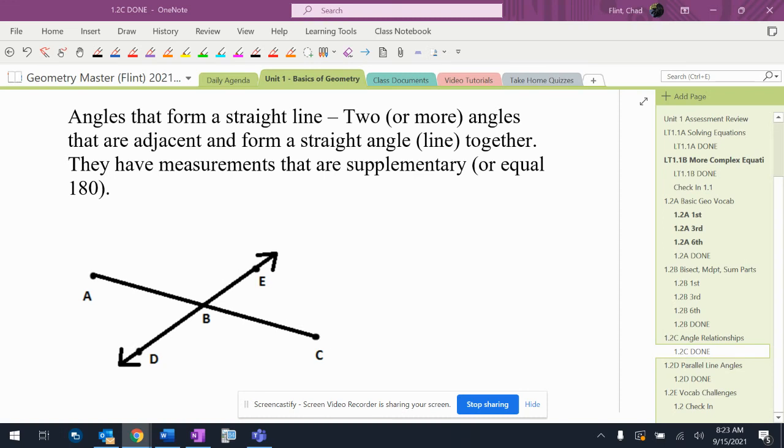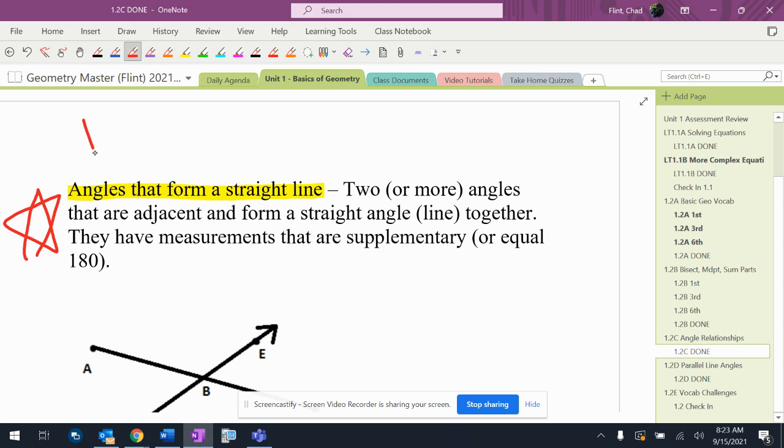Okay, another thing that's also going to be incredibly important, and we're going to use it all year, mixed into different problems no matter what, are angles that form a straight line. Now, these have another name that I'll write down in a second. I've changed this in the last couple of years, and I stick to this name just because sometimes there's more than two angles. What this used to always get called, and I used to call it this, was